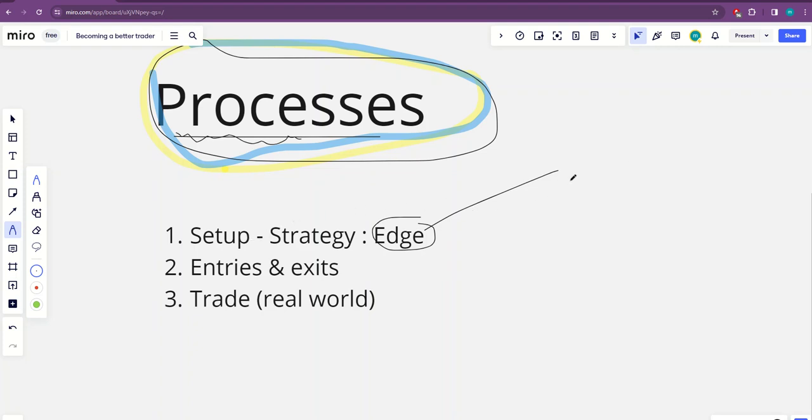An edge simply means, for instance, if you have a setup, say on this channel we have the day three reversals. And yes, we have criteria. They must give a bear snake pit, or they must give a bull killer zone, and then they must give an engulfing candle that shifts the zone from trap volume. I will explain this going deeper. So that is the setup. That simply means on day threes we are expecting reversals. However, the criteria have to be met.